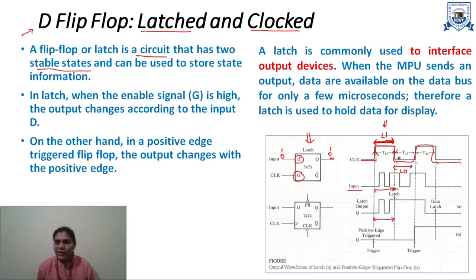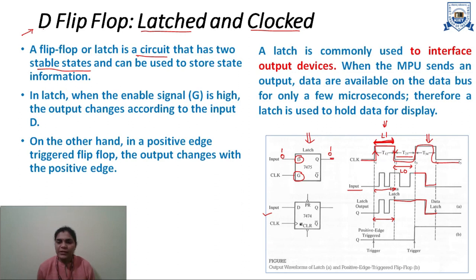For level 0, the output remains the same until level 1 arises. So you can notice the change in output due to level 1 and input D. When level 1 exists, the input is transferred to the output. But